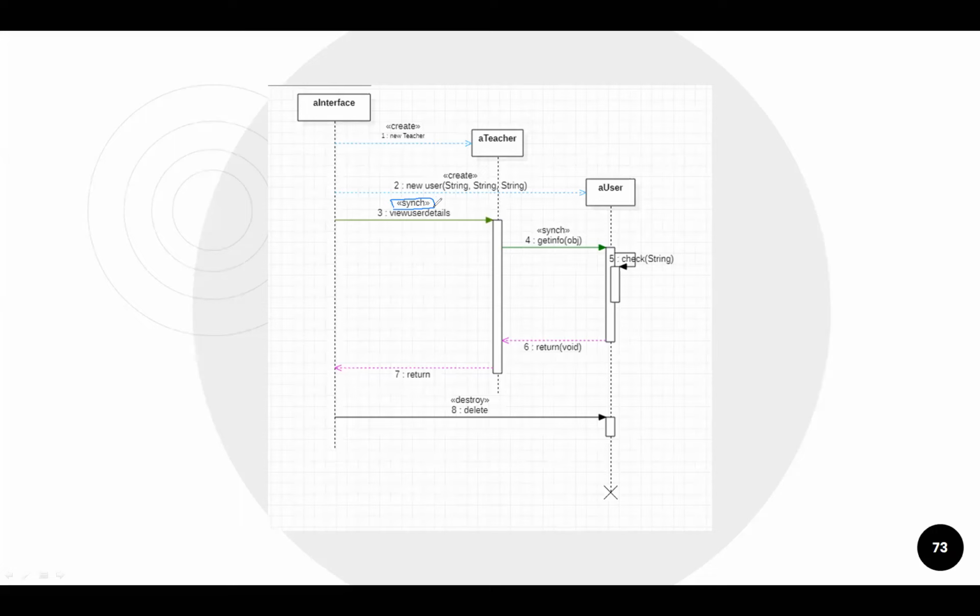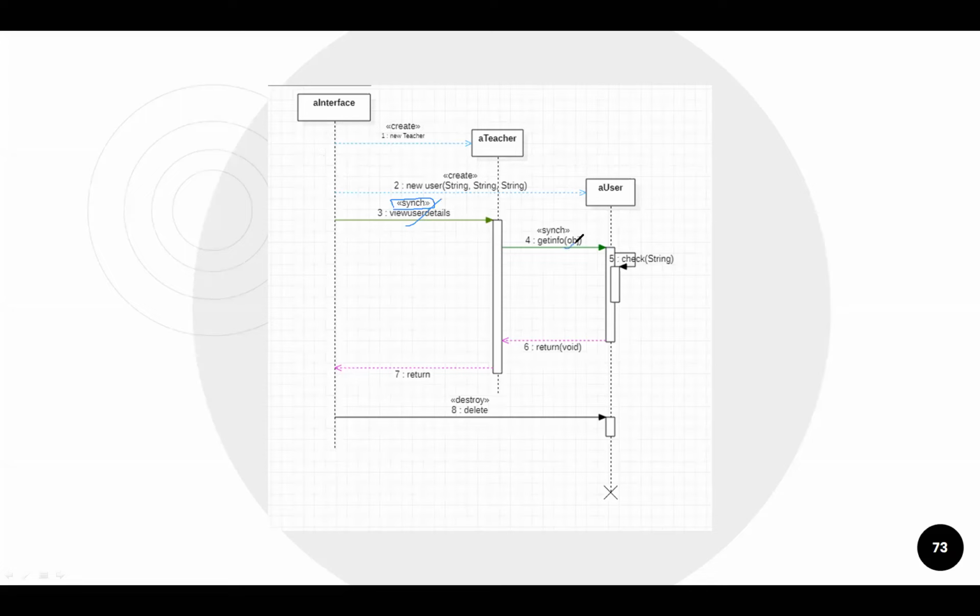So this method will get executed only when this particular view user detail gets executed successfully. So how do we come to know that view user detail is executed successfully? Only when we get a return message of success. Okay, fine, now it is successful. You can execute the next line. So that's why this particular message passing is synchronized in nature, right?